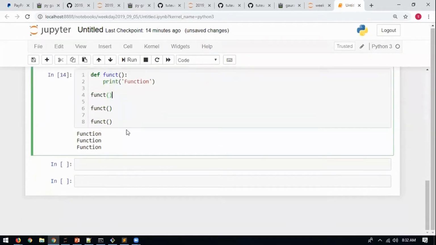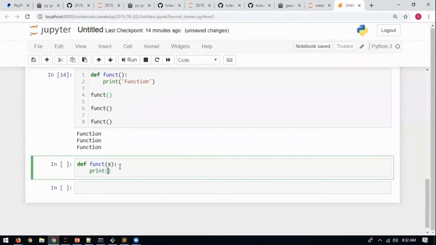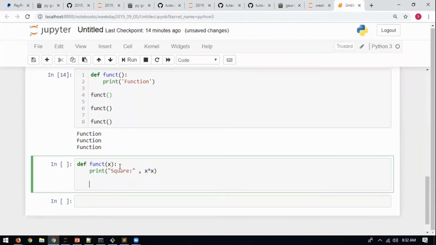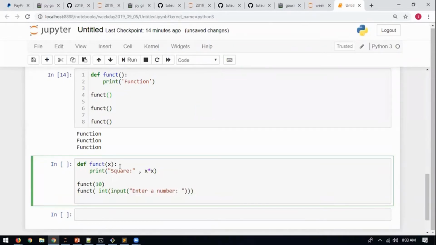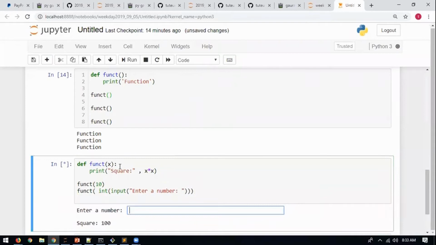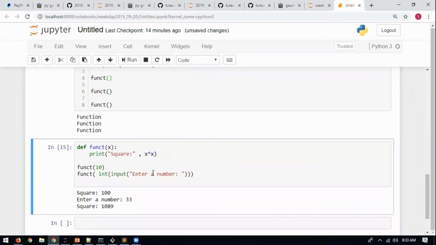Yes. Okay. If I want to define a function which takes some data, then in the bracket I can say a variable name. Let's say x, print, let's say anything I can do with this, x, comma, x star x, something like that. Fine. You get it? What the code does?